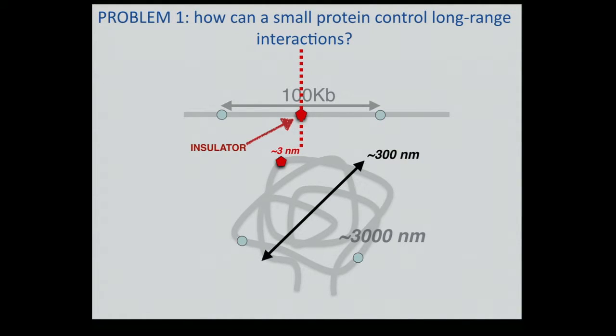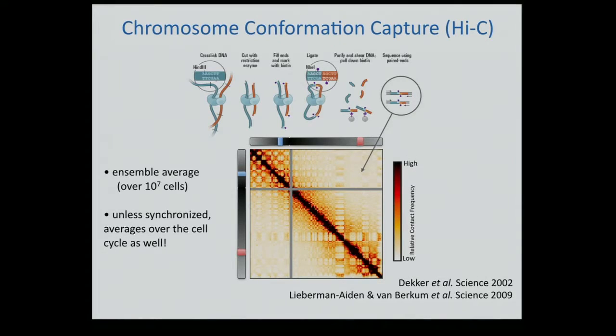If I look at, say, a few hundred kb region, the spatial size of this region is a few hundred nanometers. The length of DNA is a few microns. The size of an insulator is 3 nanometers. And I have no idea how a 3 nanometer sized particle, a protein, can regulate something happening hundreds of nanometers away. Electrostatics is screened. There are no interactions. There is no direct transport, arguably, in the nucleus, and so it's really a problem if you think about it. The question is, how can it work? And that's what I'll try to answer.